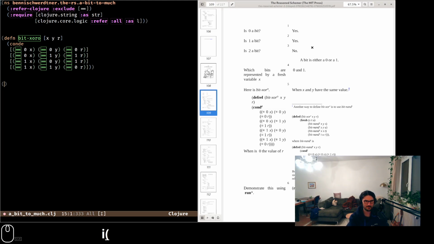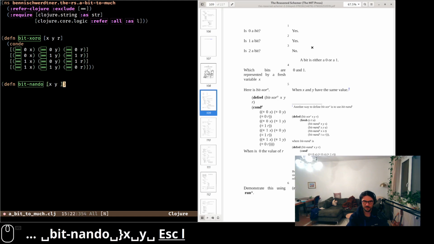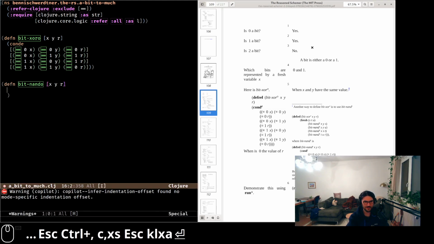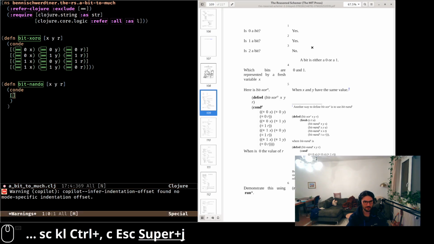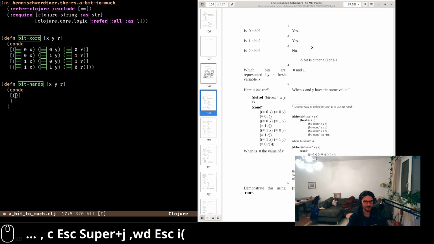Okay, let me define bit NAND. Yeah, let's get this training done. Okay, so X, Y, R. Well, actually, you can use Copilot. I don't. Yeah, okay. So it's conde because it's a disjunction. Okay, wait. Let me write it once myself. I think. Okay, so not and